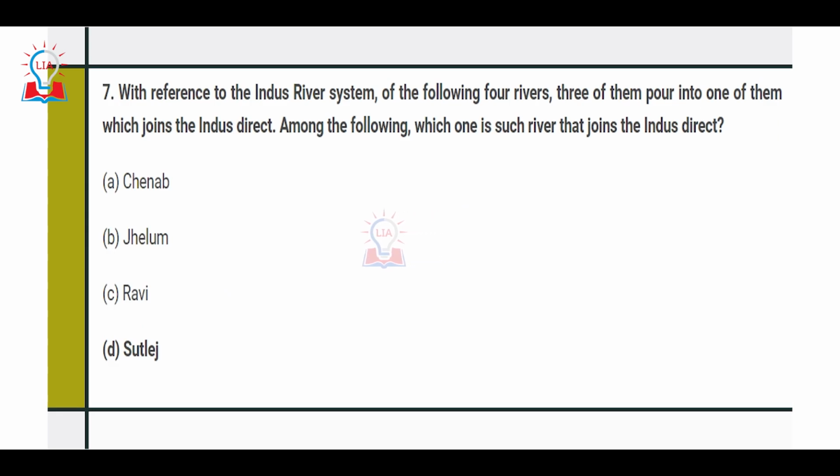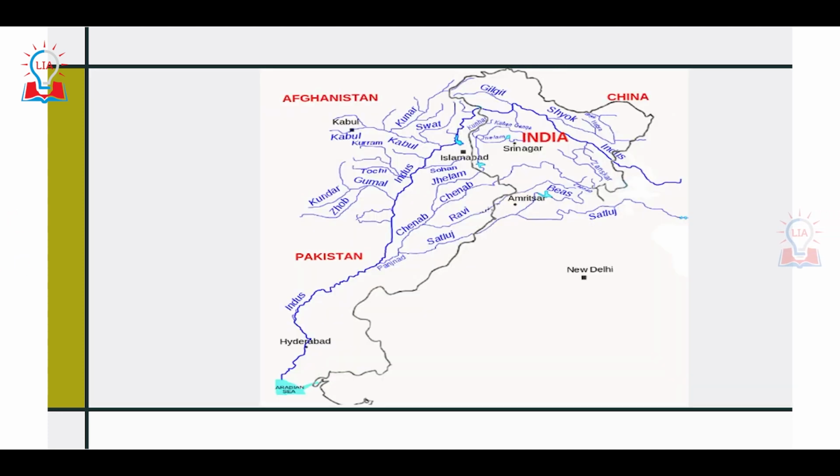The next question is related to the river system, where the question has been asked with reference to the Indus River system. Of the following 4 rivers, 3 of them pour into one of them, which joins the Indus directly. Among the following, which one is such a river that joins the Indus directly? So as you know, Indus has 5 major tributaries: Jhelum, Chenab, Ravi, Beas and Satluj. Out of that, they have asked the question that among Chenab, Jhelum, Ravi and Satluj, which of these rivers is directly meeting the Indus river? So if we take a look at the Indus river,